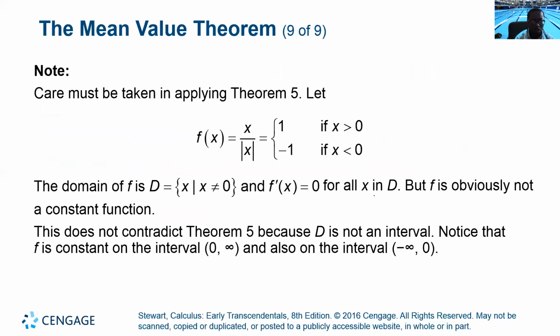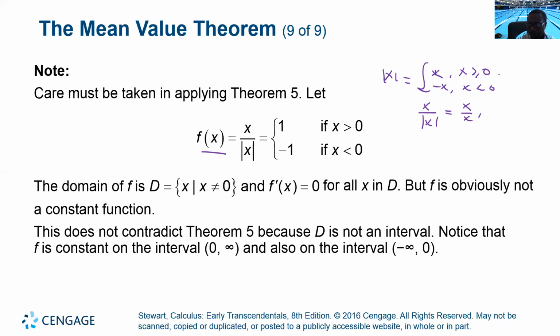All right, so here's an example. Let's consider a function f of x given by x divided by the absolute value of x. Now, we know the absolute value of x is either x when x is greater than or equal to 0, and minus x when x is less than 0. So the denominator here, we have x over absolute value of x is equal to x over x